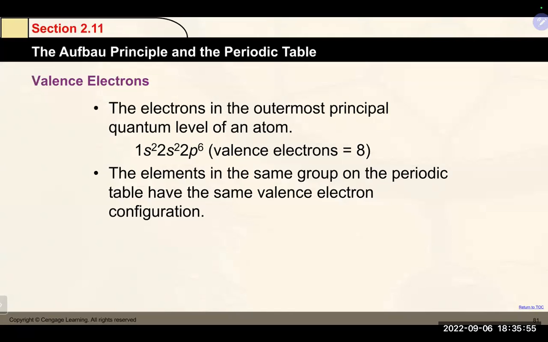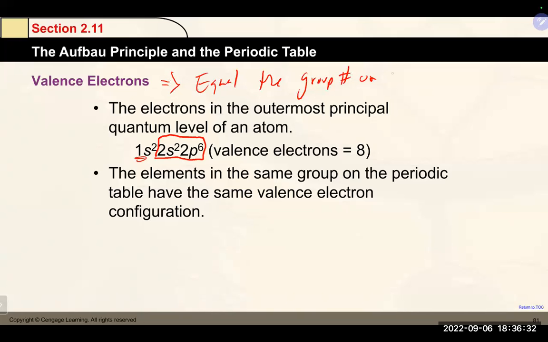Again, the valence electrons are really important. They are the outermost energy level. They're the ones furthest away from the nucleus, so they're not held as tightly. You can get the number of valence electrons one of two ways. You could write the electron configuration like we talked about here, and the number of valence electrons in this particular case would be the 2 and the 6, which would be 8. This would be the core electrons here. Or the number of valence electrons equals the group number